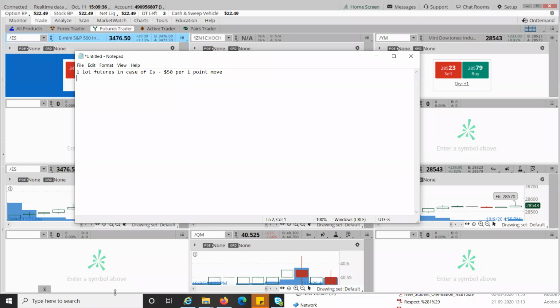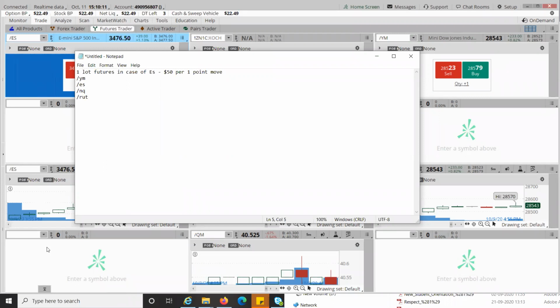There are multiple types of futures we have right now. In the current aspect, we are going to talk only about the index futures. All right. Index futures can be based on our four indexes. We have Dow Jones futures, which is YM. We have S&P futures, which is ES. We have NASDAQ futures, which is NQ. And we have Russell futures, which is RUT.